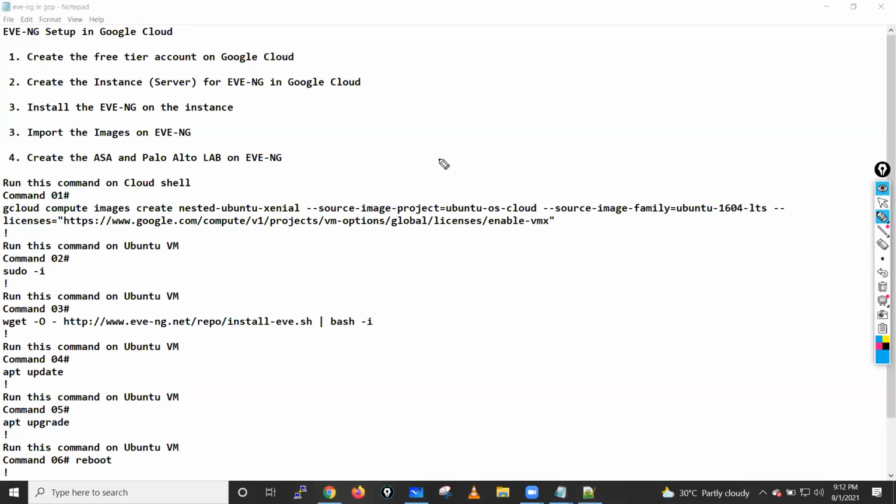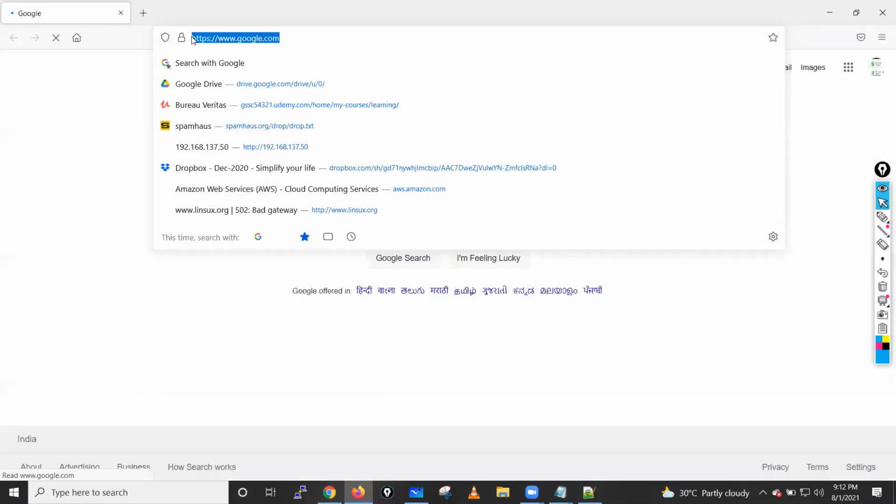Okay. So guys, if you want to deploy EVNG into the Google Cloud, the first thing you have to do is create a free tier account on Google. So how can you create it? Let me tell you. Just go to the browser and type here